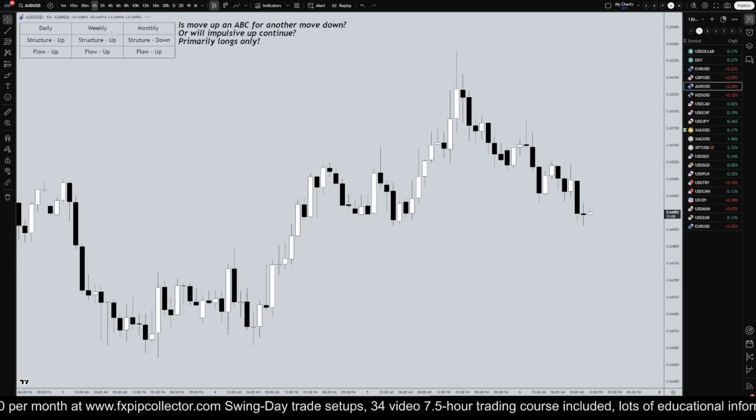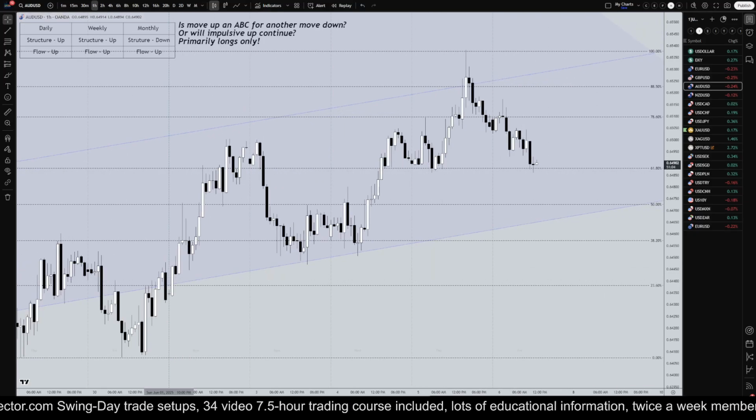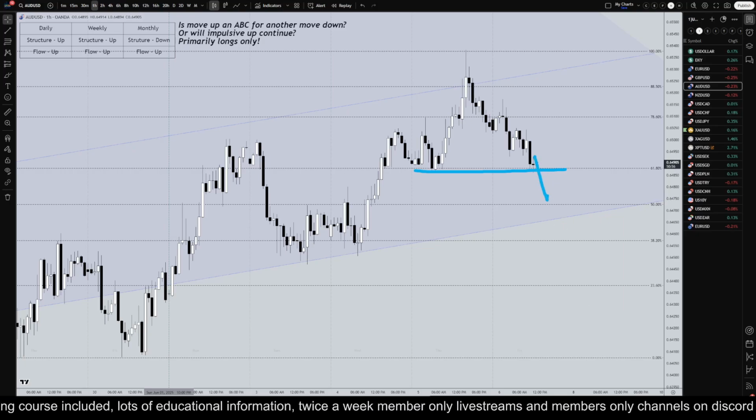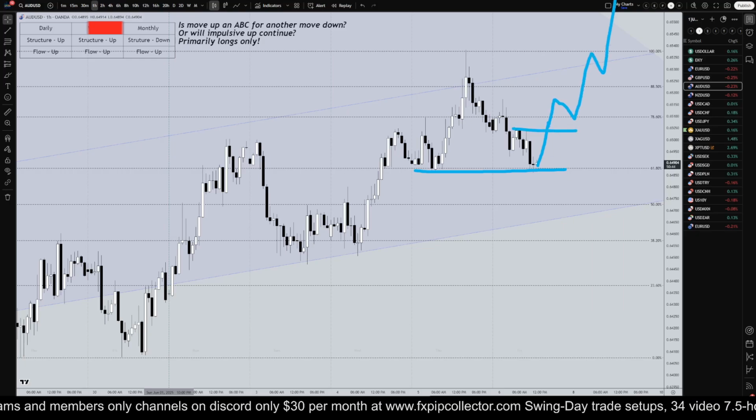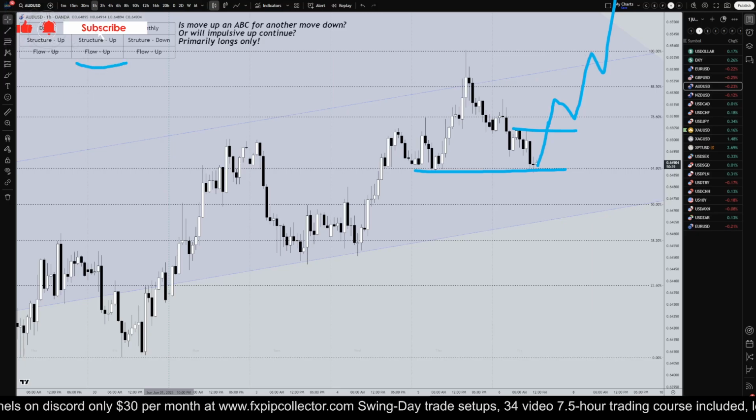So going down to the 1 hour time frame. On the 1 hour time frame, price did go down and it did try to give us a break of structure, but so far it hasn't been able to break and hold below structure. For me, I need to see a break and hold below structure to prove that we're going down, not just a rejection of structure, kind of like what we're getting now. If it doesn't break and hold below structure, but instead at the news it just does this and goes up and takes out this high, then there is probably a better chance that it will just keep on going up and continue the higher time frame uptrend.